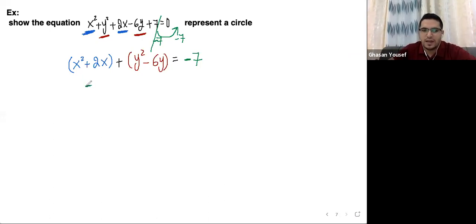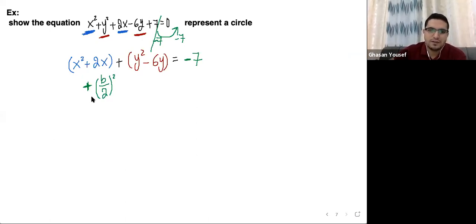So actually we add to both sides b over 2 squared. My b is 2, 2 over 2 is 1, 1 squared is 1. So we have to add 1 here. If we add 1 on this side, we have to add 1 on the other side too,